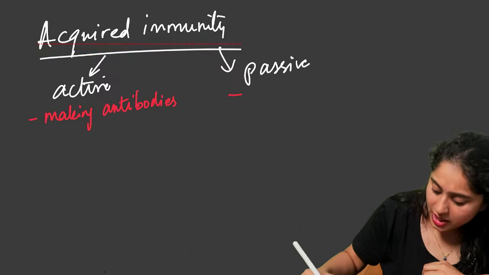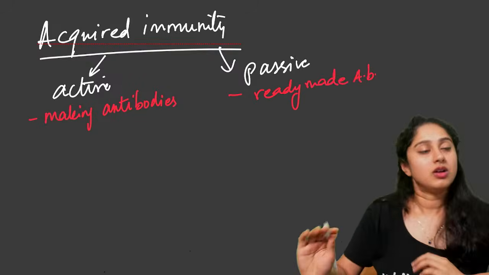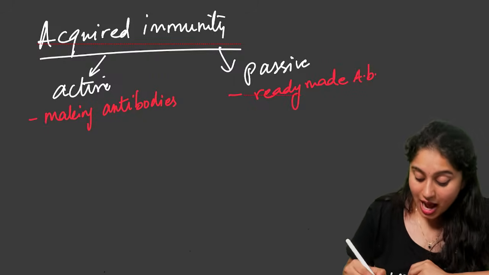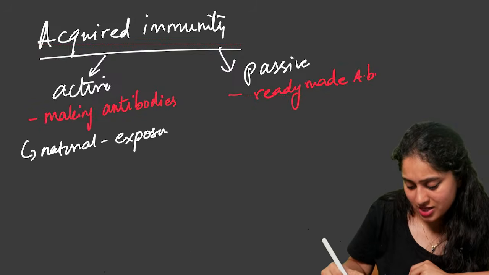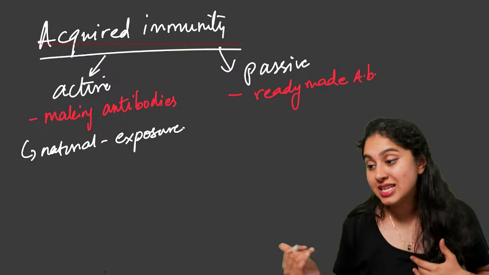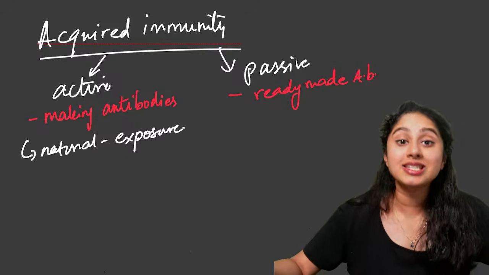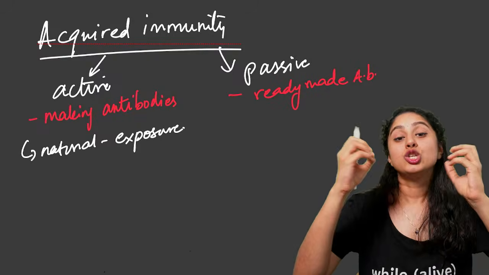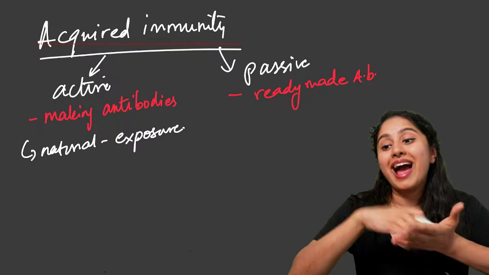Okay, but here it is ready-made antibodies. So here, what happens in making the antibody? Either naturally through exposure, you get the disease, you go flat for 7 days, you get full viral fever or full disease, you are affected, and then slowly you will recover and then build your antibodies and you will generate the antibodies on your own. So the next time you see the same pathogen, you can perform better.